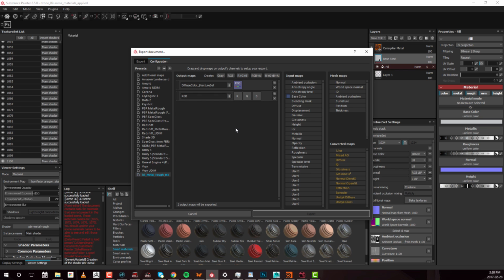So if I click that, you'll notice that it looks a little bit different than RGB, right? And that's because the channels have been split up. So you have one channel for red, one channel for green, one channel for blue. And in my case, I'm just going to populate it with metallic. So I'm going to click and drag the metallic onto the R, and then gray channel, yep. And then I'm going to do the roughness, and I'm going to put that in G. And then under B, I'm going to do opacity,